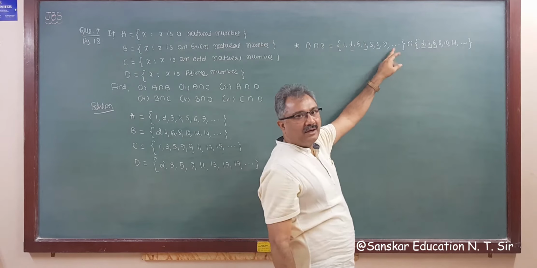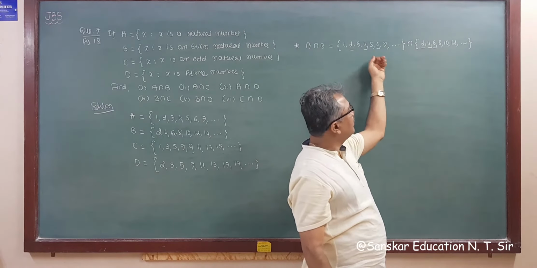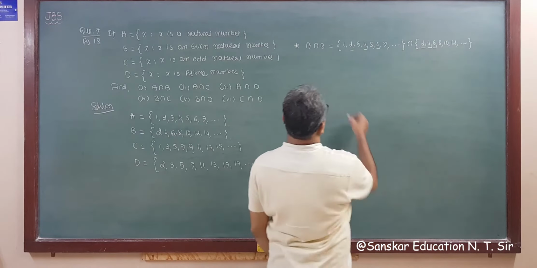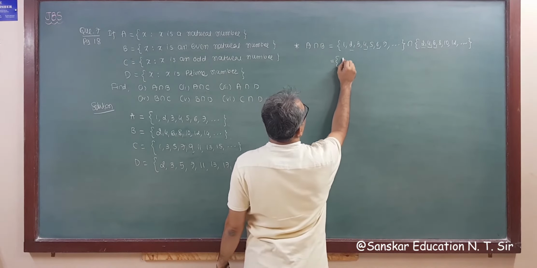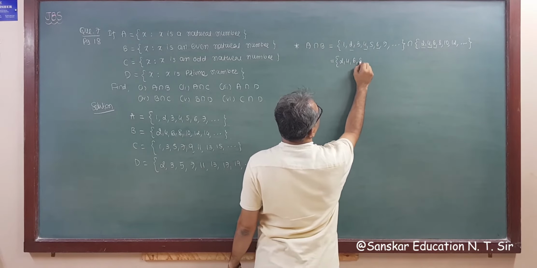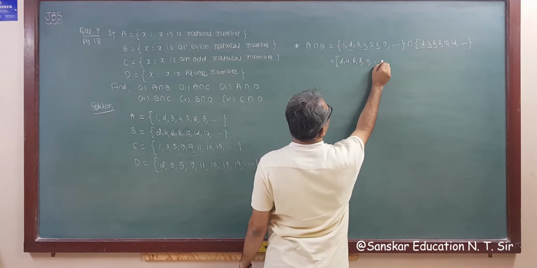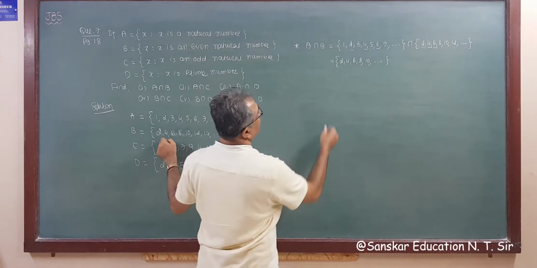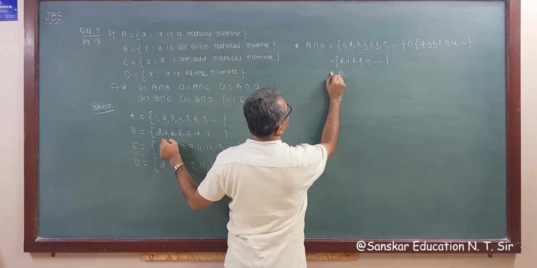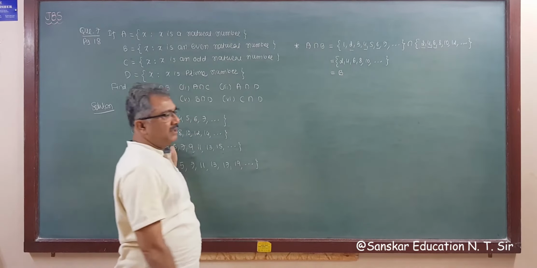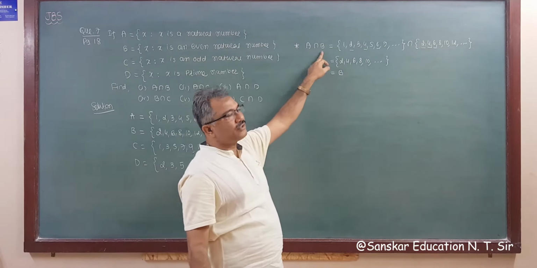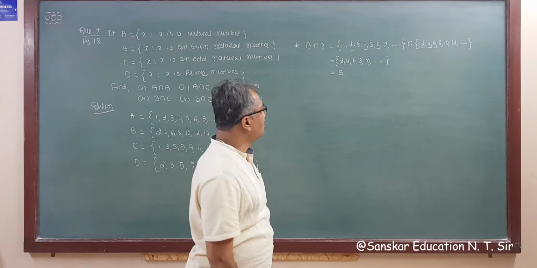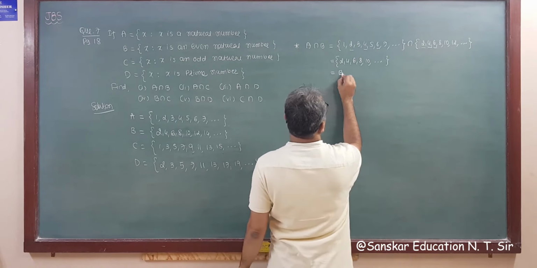Then we have continuation here because this is a natural number. So this set, that is B, is our answer, right? So this is equal to 2, 4, 6, 8, 10, and so on. I am not writing more elements. So this is the set B. So our answer will be A intersection B is equal to B, because all the elements of B are in A. B is a subset of A, right? So this is answer B.